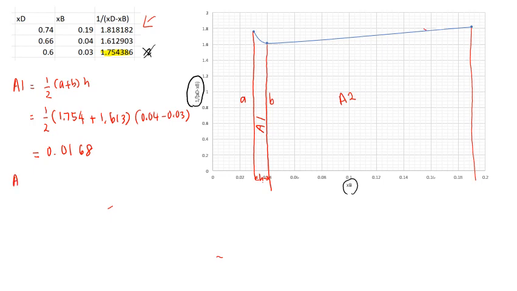And then for area A2, you can do the same too. So this time, the A plus B times H is 1.613 plus 1.818, times 0.19 minus 0.04. So you can crunch the numbers and you get area A2 equals 0.257. So the total area A1 plus A2 is equal to